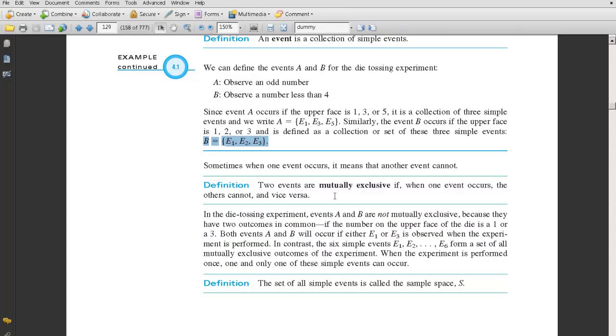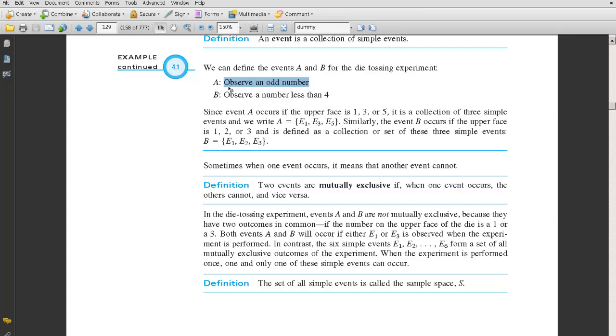Two events are mutually exclusive if when one event occurs, the other cannot, and vice versa. So, for example, the event of getting an odd number and the event of getting an even number. So here we talked about the event of getting an odd number. We could also talk about the event of getting an even number. So those cannot occur at the same time. What that means is if you roll a single die, you can't get both an odd number and an even